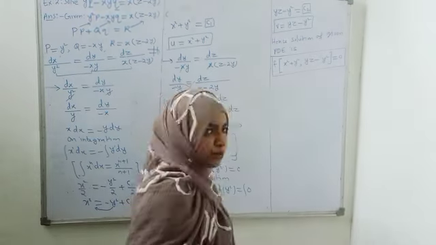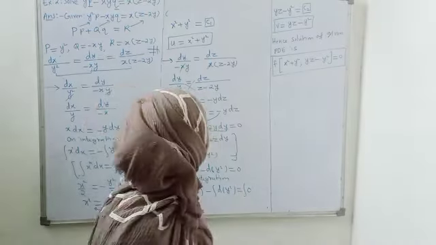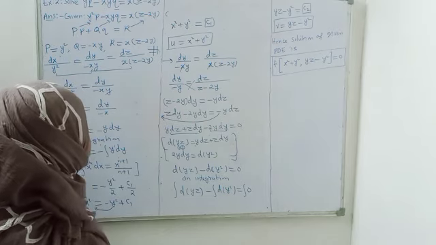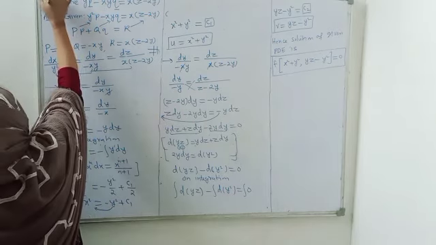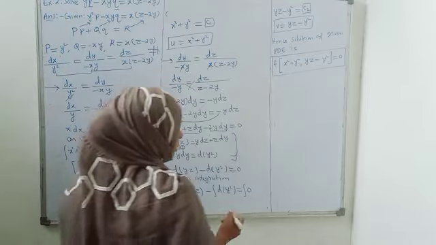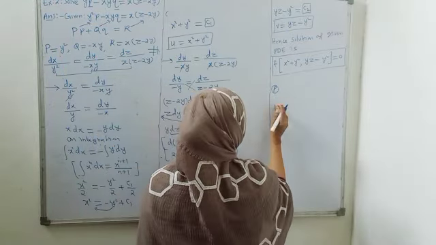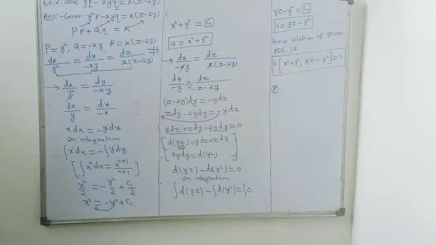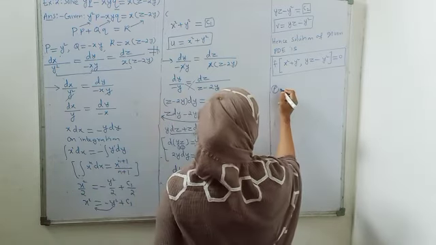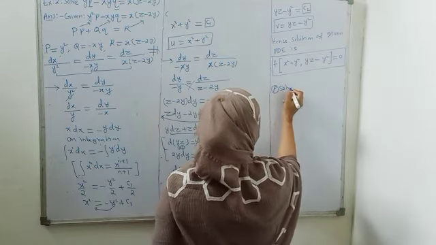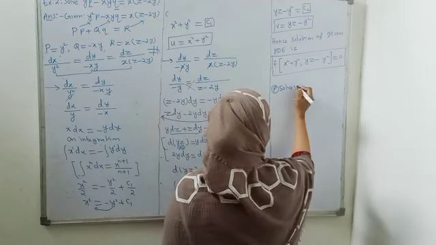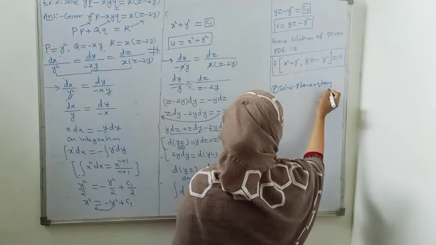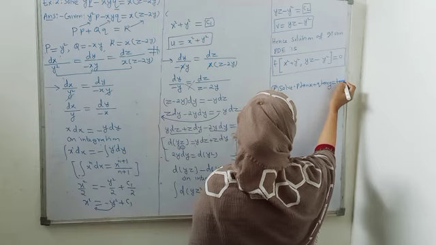So I hope students you understand this solution of this example very well. y square p minus xy q is equal to xz minus 2y is a very important question. Now I will give you two problems as homework. That is, solve p tan x plus q tan y is equal to tan z.